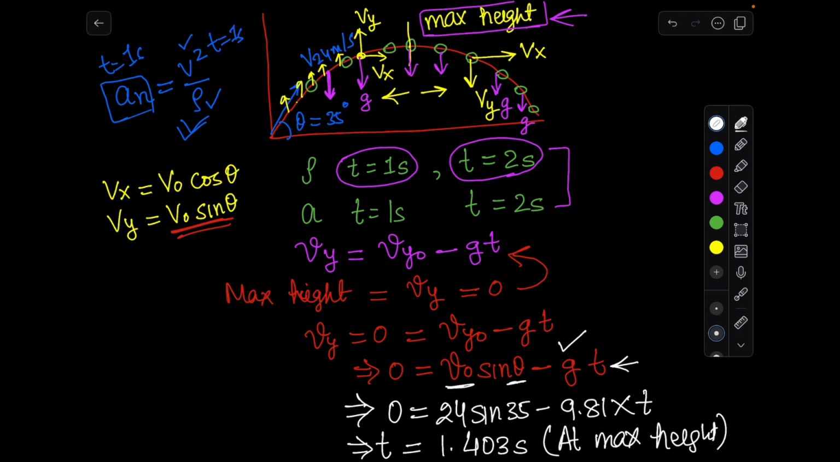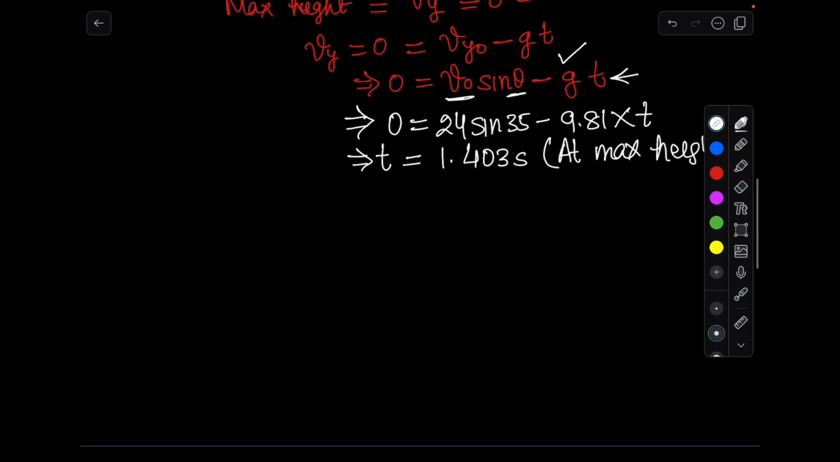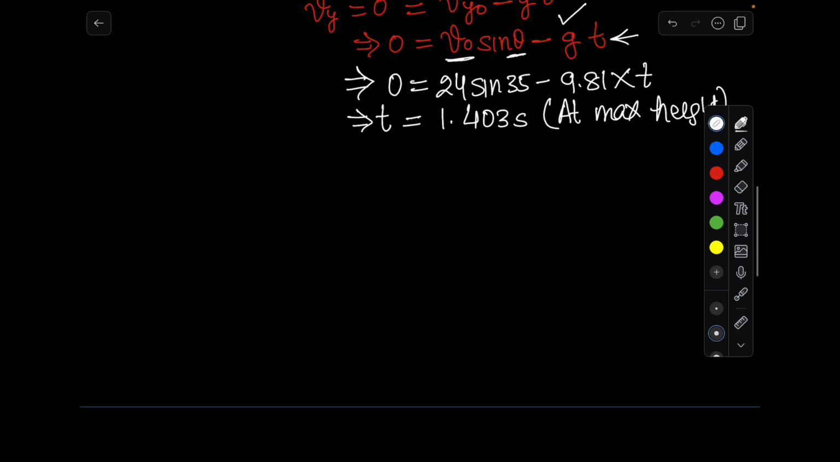From this answer we are clear that the ball will be before the maximum height at 1 second, and the ball will be after the maximum height after the 2 second. This will make our task easier to make our vector diagram. So now let's solve for